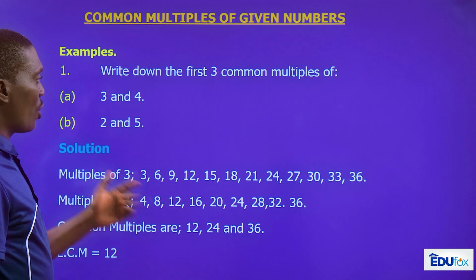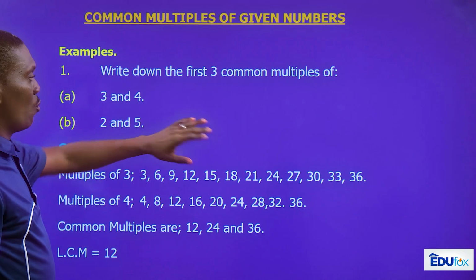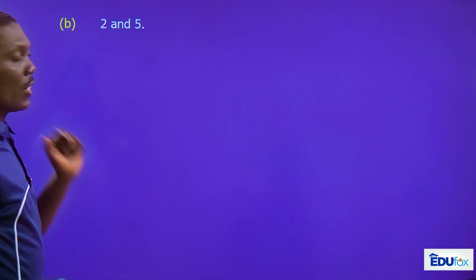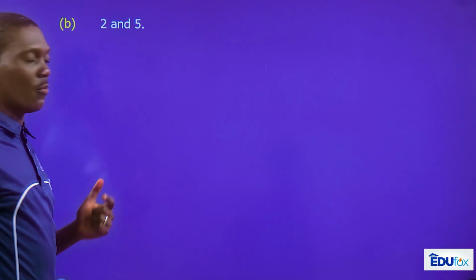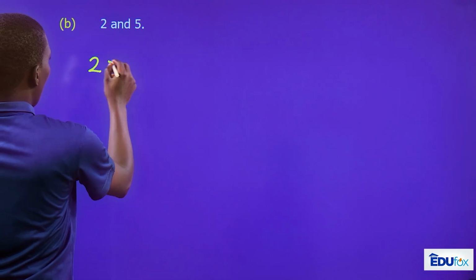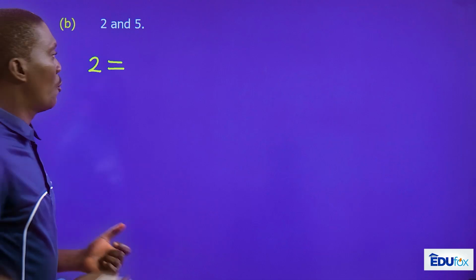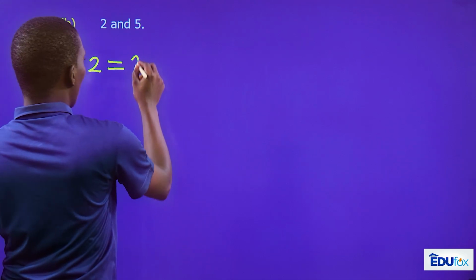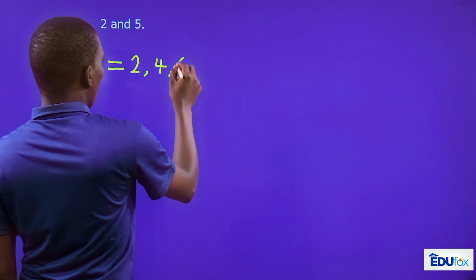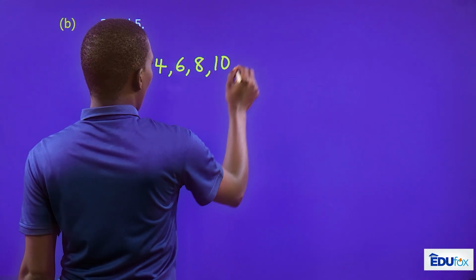So we'll go ahead and try another example to see how we can find the multiples of 2 given numbers. Now, we want to find the first 3 common multiples of 2 and 5. Like we did in the previous example, we are going to find the multiples of 2. That is, just remember your times table. 2 times 1 is 2, so we are counting in 2. We have 2, 4, 6, 8, 10, 12,